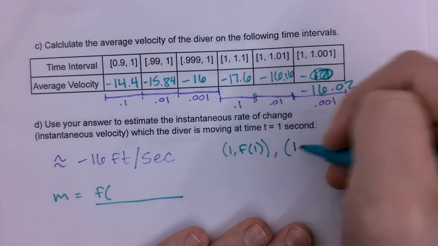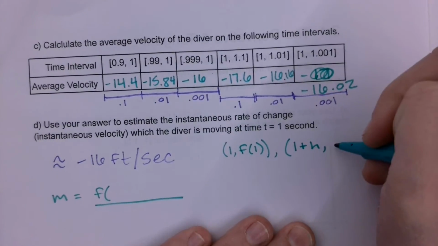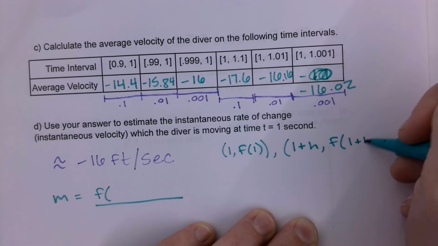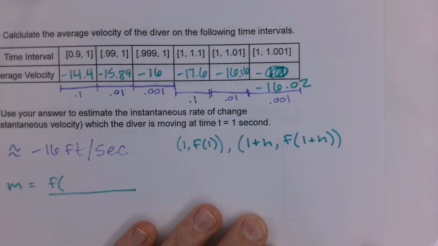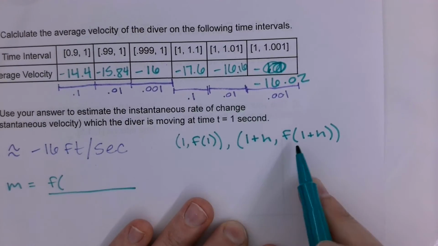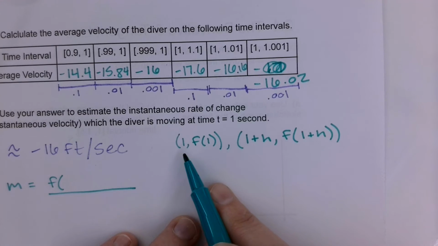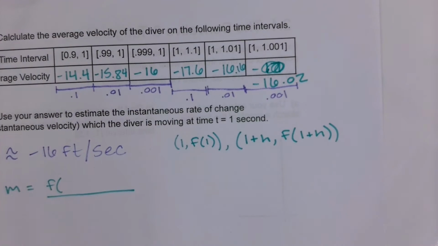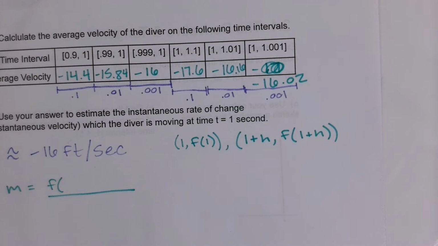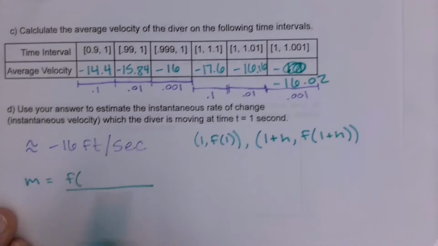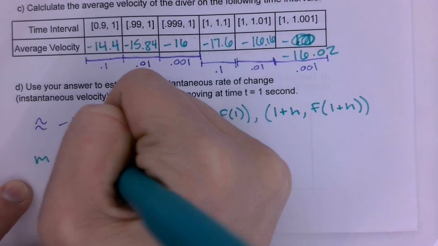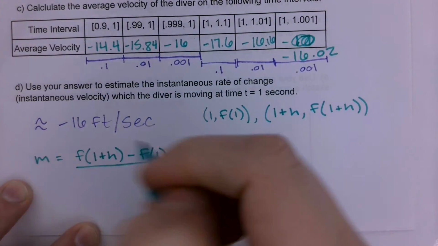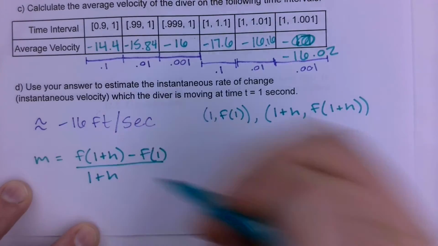So we've got 1 plus some other value, and our y would be f of 1 plus some other value. So every time you found a slope, you were looking at these 2 points. You had f of 1, and then you also had some point that was next to it. We were taking 1 and adding an h or subtracting an h. And we found that point. So our slope would be f of 1 plus h minus f of 1